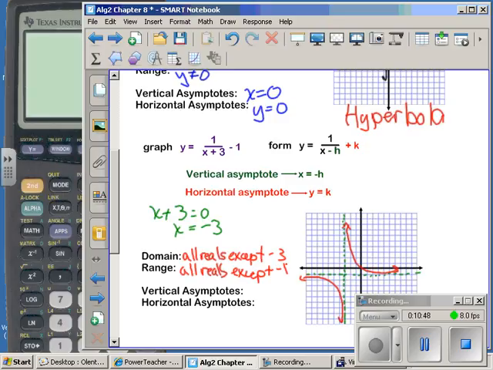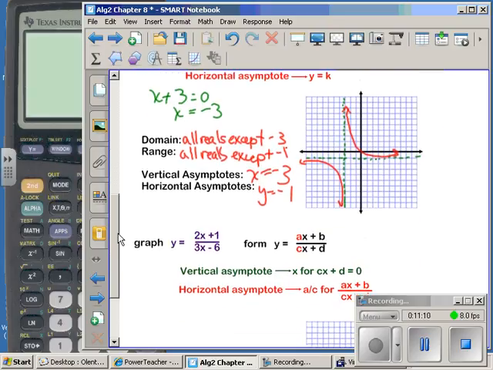Okay, so my vertical asymptote is at x equals -3. And my horizontal asymptote is y equals -1. Okay, pretty simple still, right? Well, we're not going to flip it. Then tomorrow we'll flip it. The last one